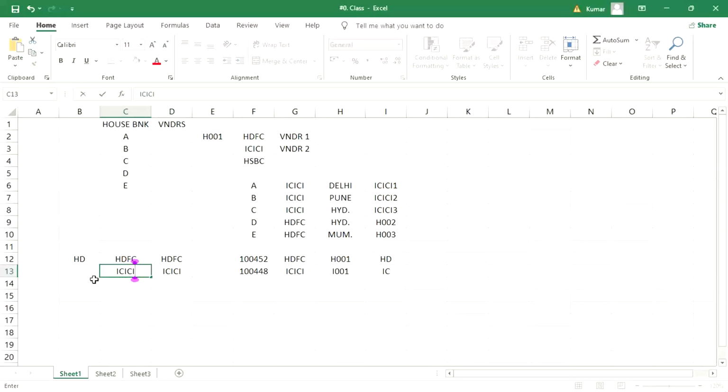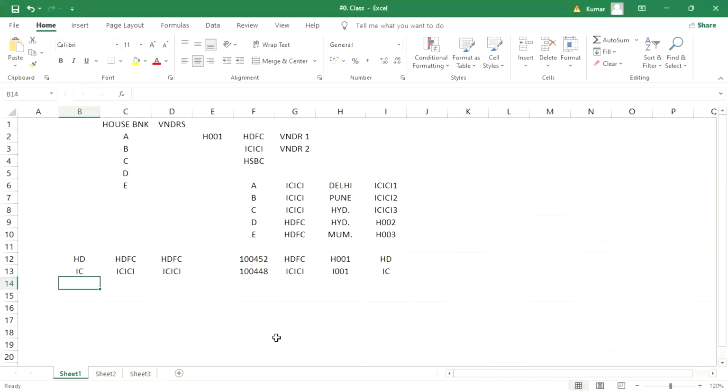Not to be confused, guys. A very simple scenario is there, and I'm trying to simplify it. So now two vendors are there. This one is having HDFC and this one is having ICICI, right? Both are having open items. If you run the automatic payment program, the system is going to select invoices for both vendors. This vendor is having HDFC as the house bank, and this one is the bank account of ICICI. Now, for ICICI,